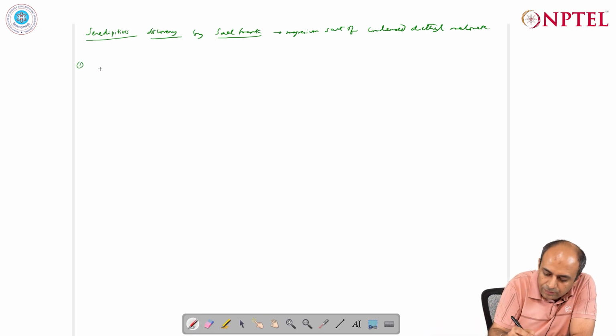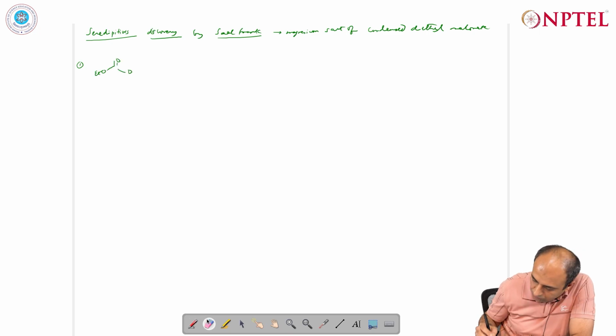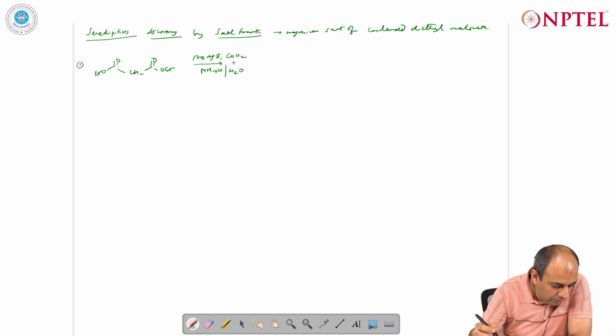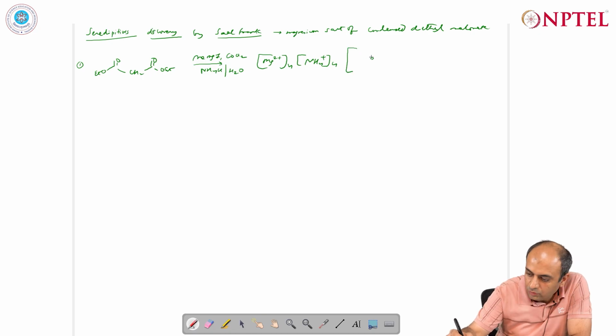So let us take this diethyl malonate, we treat it with methyl magnesium iodide and phosgene and work it up with a base and water. It leads to the formation of magnesium 2 plus whole 4, ammonium whole 4, and then it gives rise to